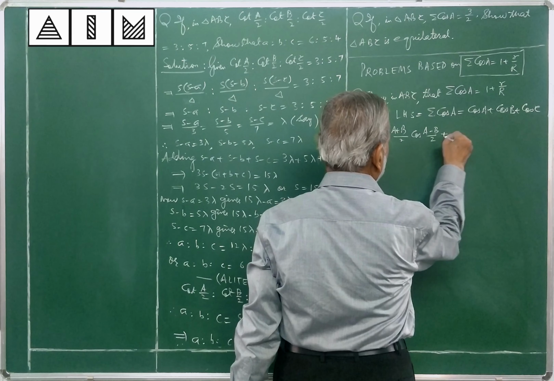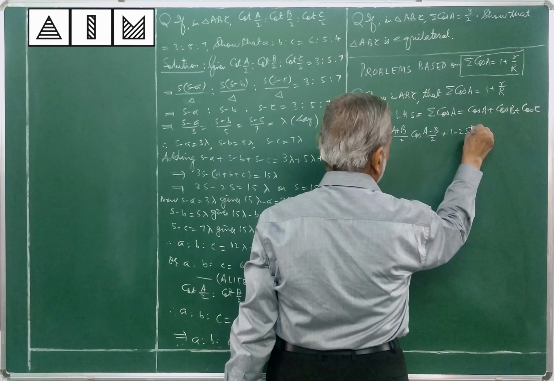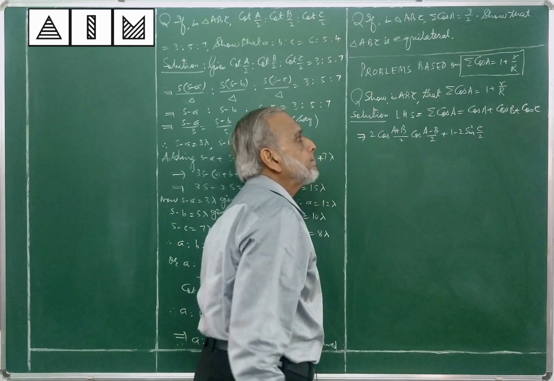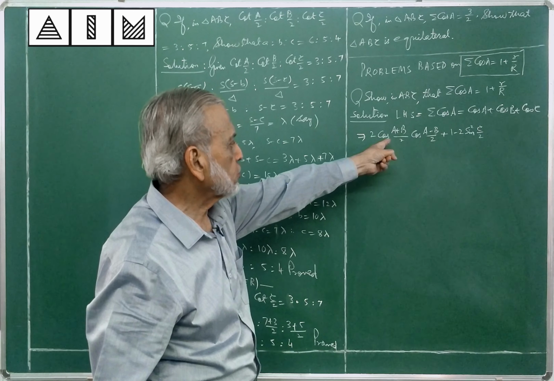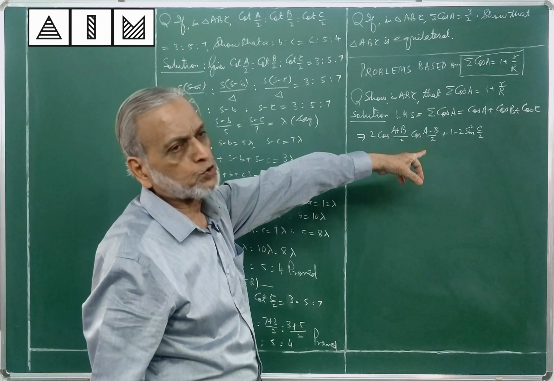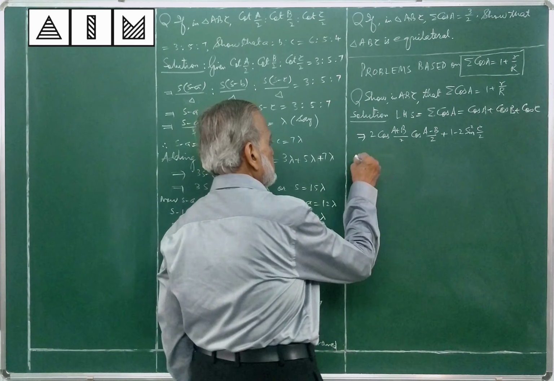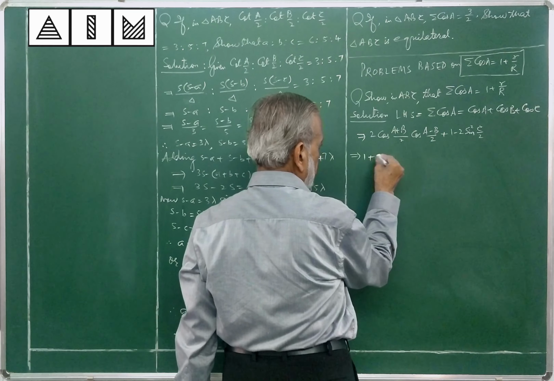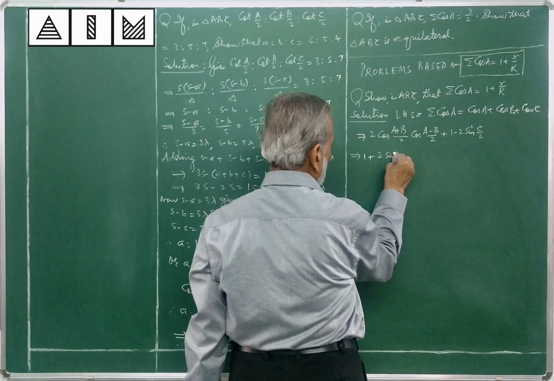For this cos C, I am writing 1 minus 2 sin square C by 2, the formula of multiple submultiple angles. First formula, transformation, sum of two cosines. Last, cos C is 1 minus 2 sin square C by 2, one of the formulae from multiple submultiple angles. I am rewriting. This one I have shifted here. You know cos (A plus B) by 2 is sin C by 2.